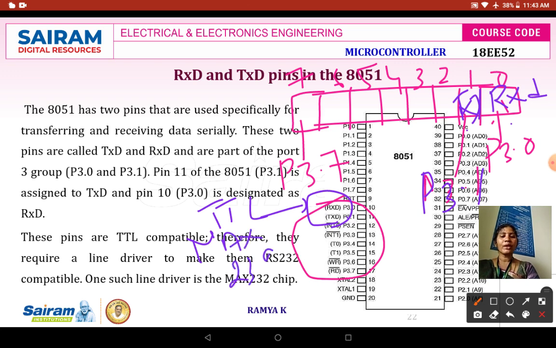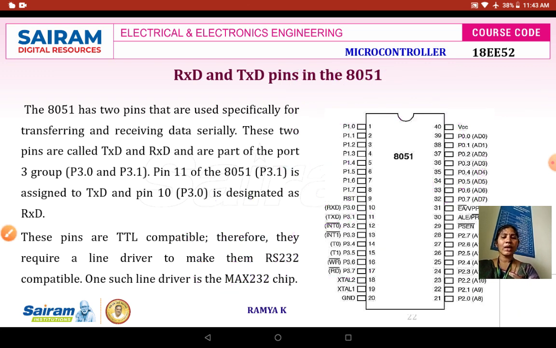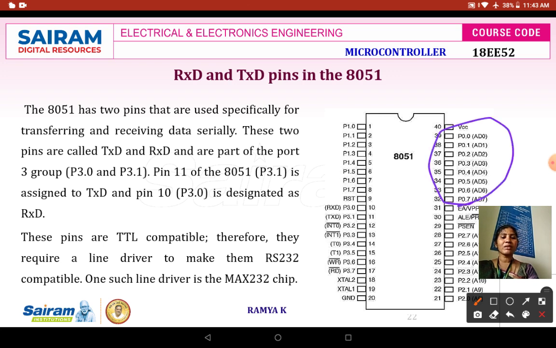If you are not connecting MAX232, then your microcontroller will not be compatible with your TTL logic, and while sending or receiving the data, it will send or receive erroneous data because it needs an external driver circuit. So in microcontroller 8051, only port 0 will be driven with the external voltage. Why? Because it is not compatible. Apart from that, port 3, port 2, and port 1 are all compatible with your TTL logic.